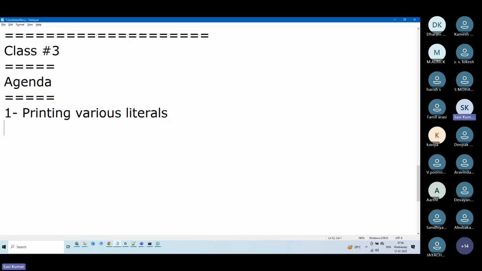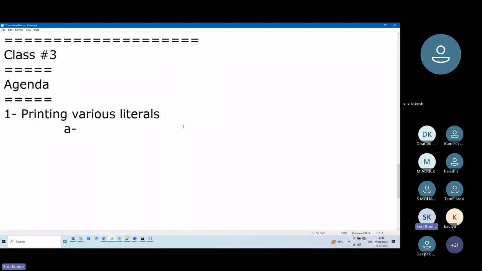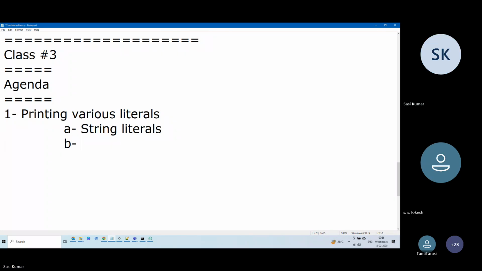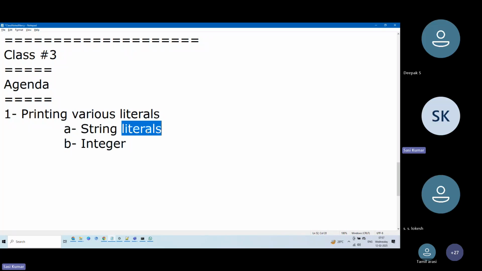When I say printing various literals, there are different types of literals. There are string literals. By the way, if you do not know what a literal is, I will be telling that to you in this class as we move further. One is a string literal and the other is an integer literal. We'll be learning about printing integer literals, and then